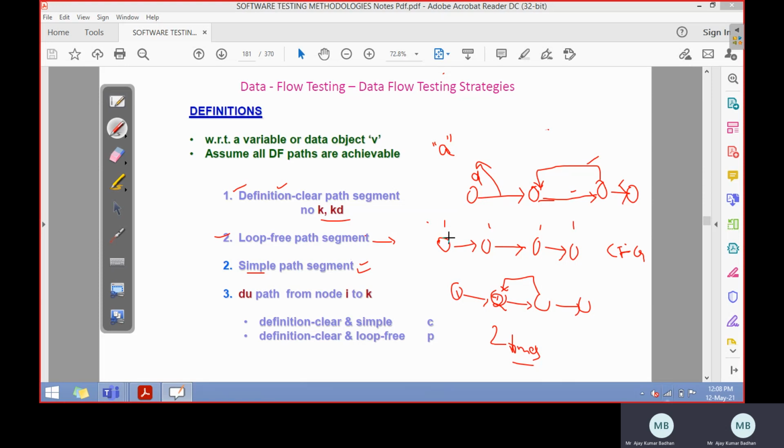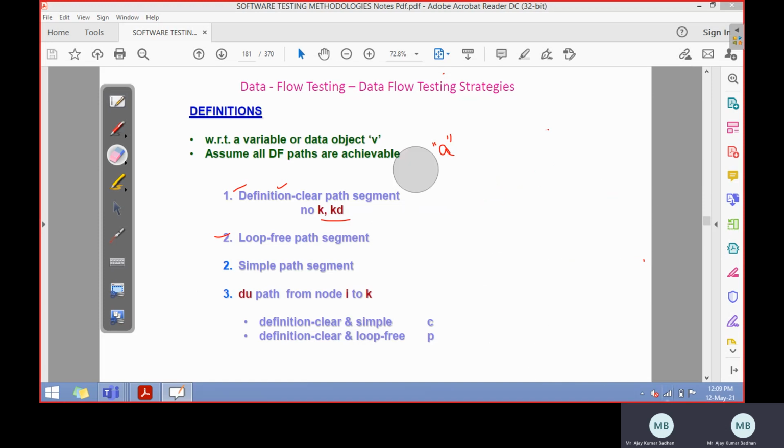In a simple path segment, any one of the nodes, whether one, two, three, or four, you will be visiting two times. That is the only difference. Both are loop free segments. Remember, there are no loops expected in this particular thing.